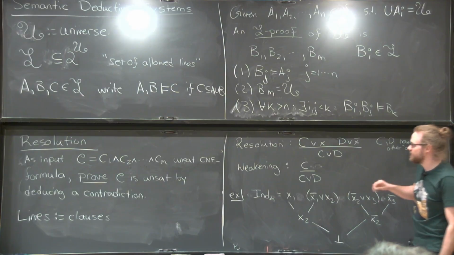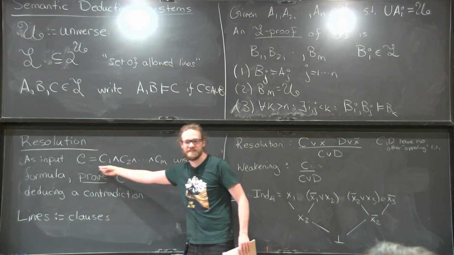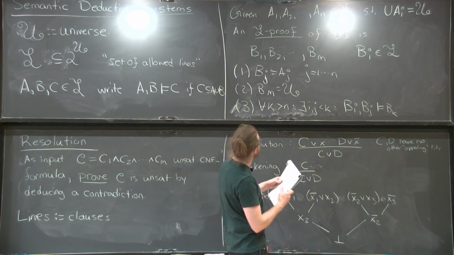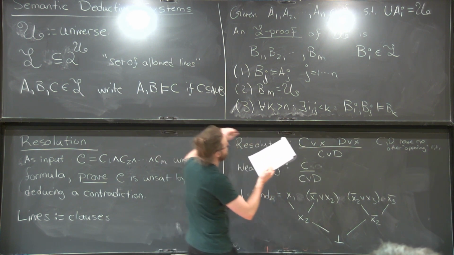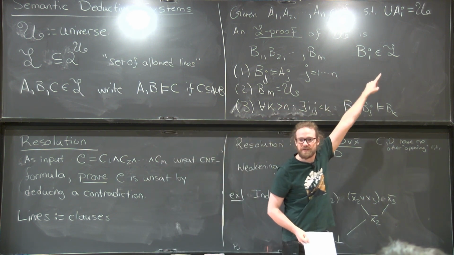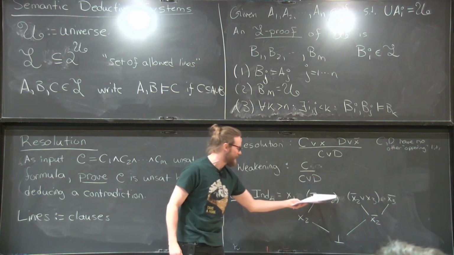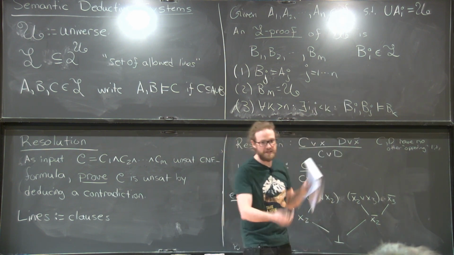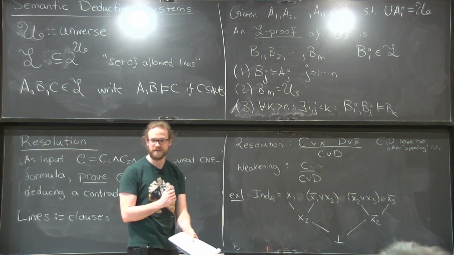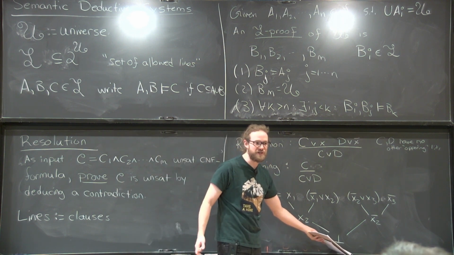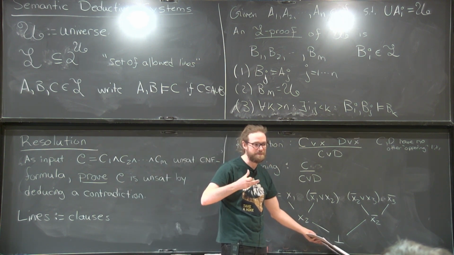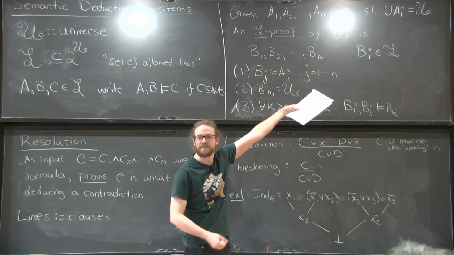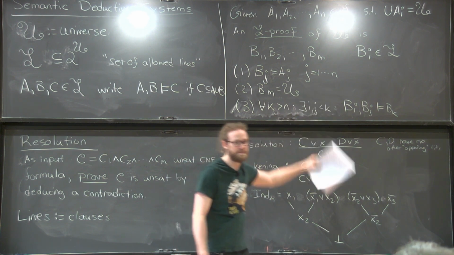So what this means is that when I take the and of all the assignments that falsify this thing, that's going to be the entire universe, right? Or in other words, the union of all the guys is going to be the universe. And then given two guys, I can deduce a new one as long as it's contained in the intersection. When I negate everything, that just corresponds to it being a sound deduction. And then the final step being the contradiction. If we think about the set of inputs that falsify 0 equals 1, that's everything. So the final step is just the entire universe. Right? Does that make sense?